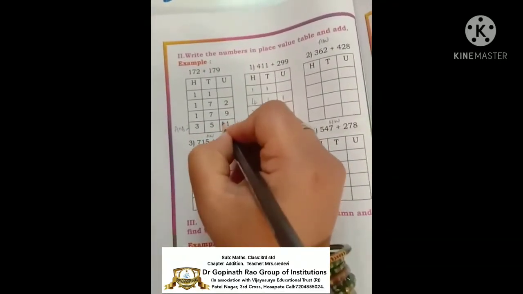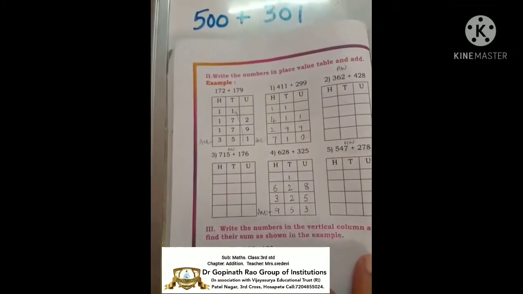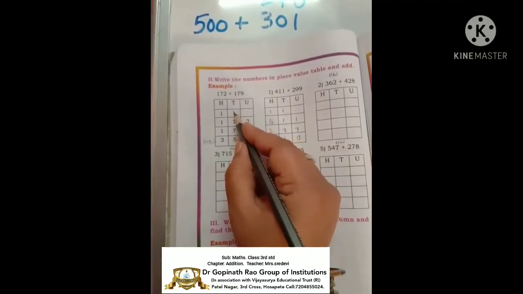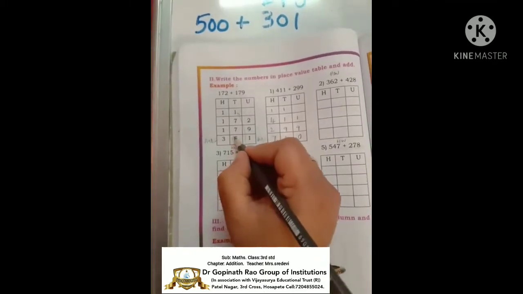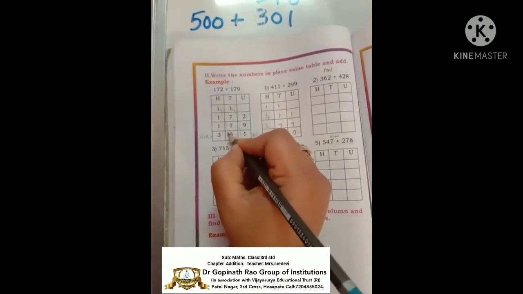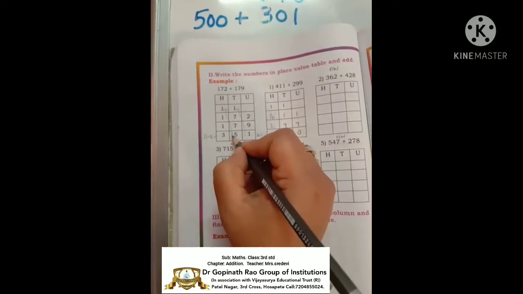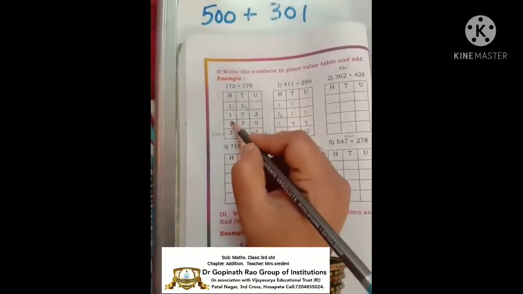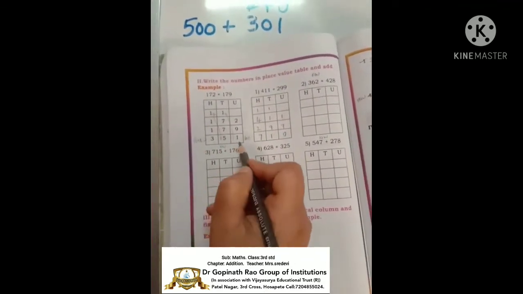So here 11, so this 1 will go here. So this is the carryover. Okay children, here 7 plus 7 is 14, 14 plus 1 is 15. Okay, again 15 here, so this 1 will go here. See, don't write 1 here again, just for your understanding I am writing it here. Okay, then here add this also: 1, 1, 2, 3. So the answer is 3. So the answer is 351.